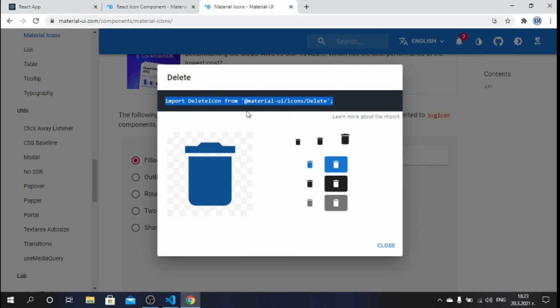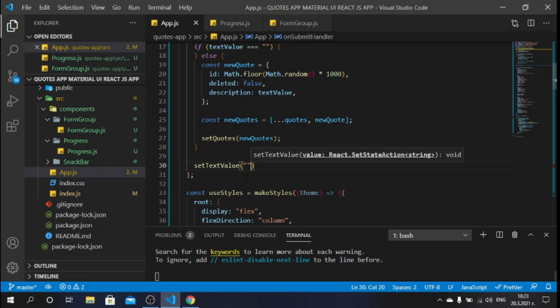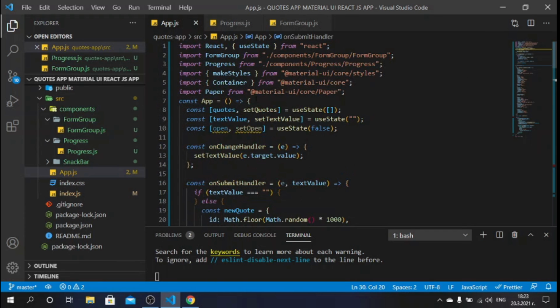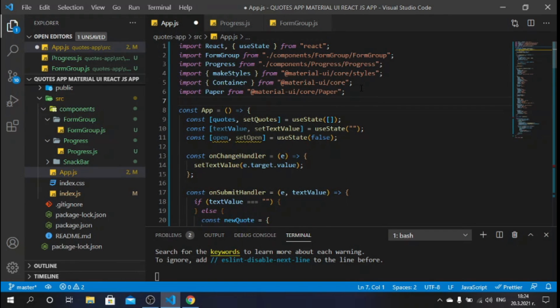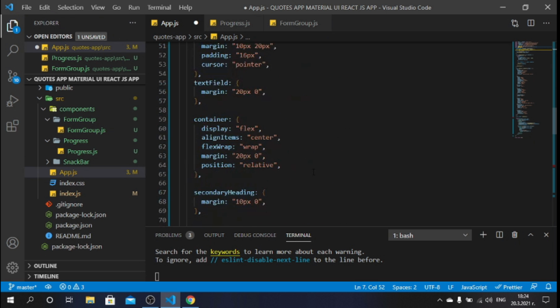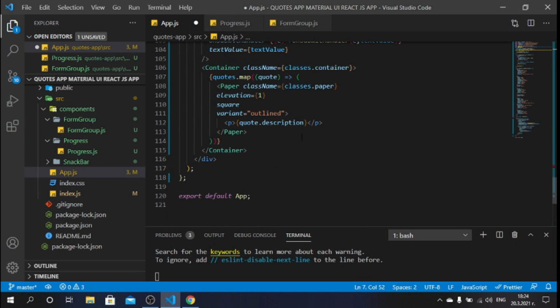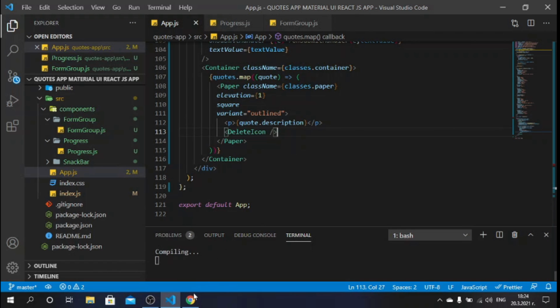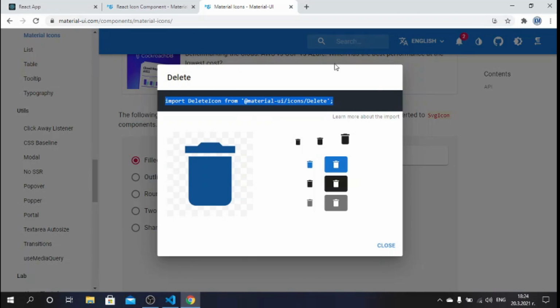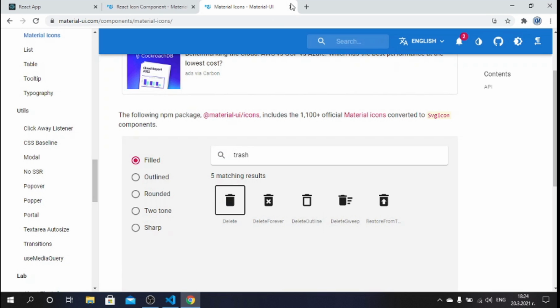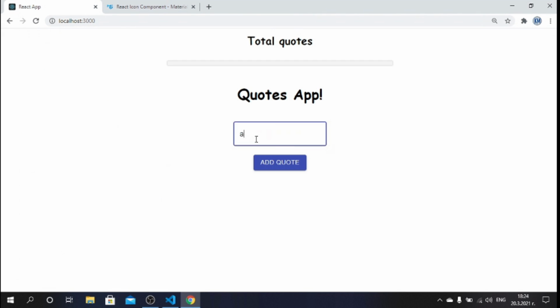So I can copy this and go back to our application and paste it right here, and below this we can also paste our delete icon just like this. Close this, go back to our app, we add a quote, we see the quote, we see the icon, but